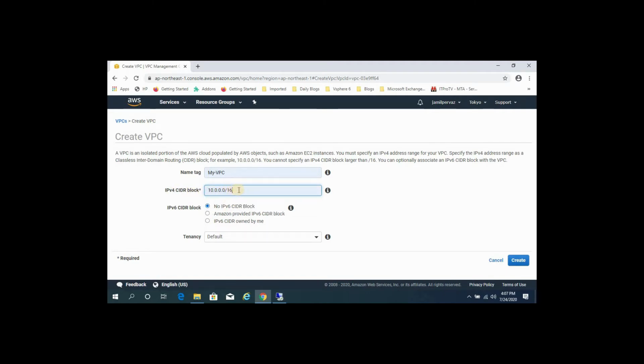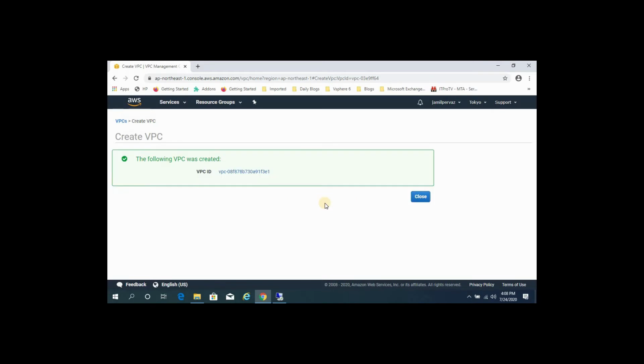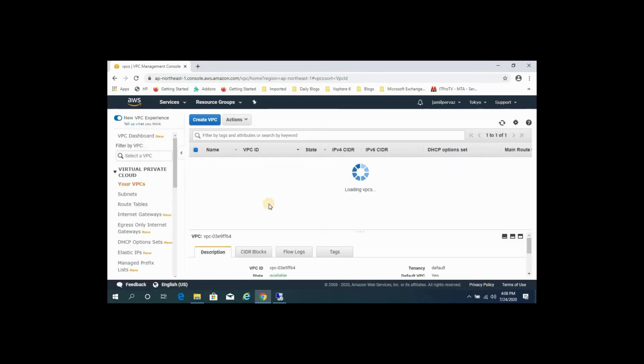For the IP address, type 10.0.0.0/16. You can choose 192 or 172, any class you like, but I am choosing class A. Click Create, then click Close.